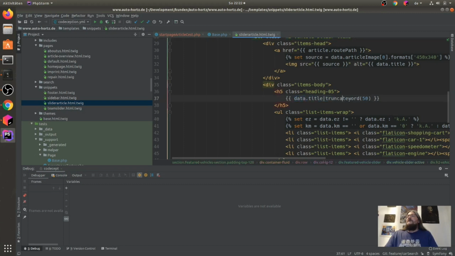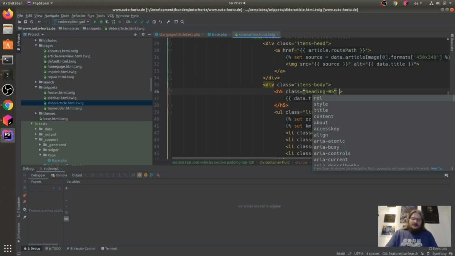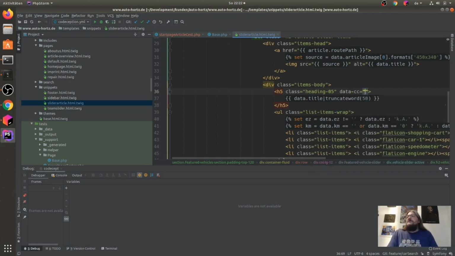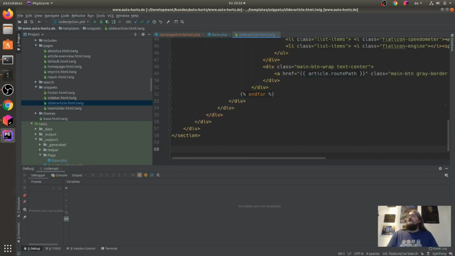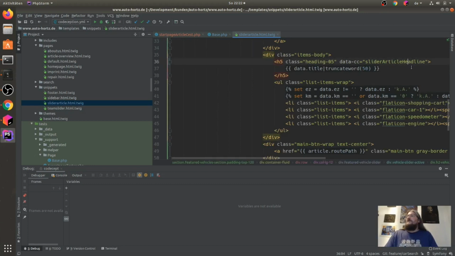that there is a truncate word filter, but for now I just added a data-cc attribute here, for Codeception, and I can say this is my slider article headline, and I will just take this here, whoops, wrong button.